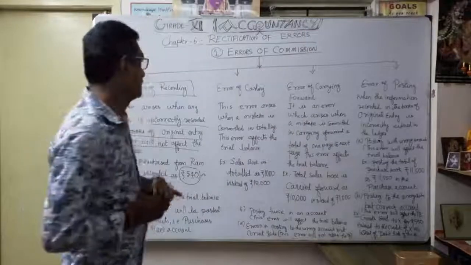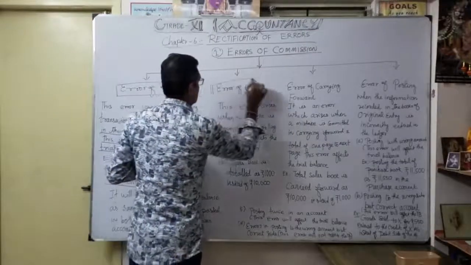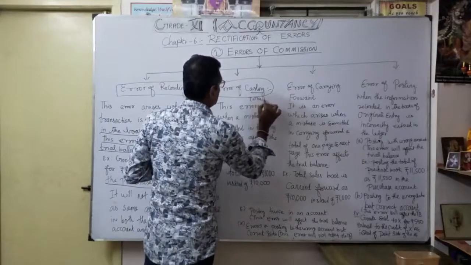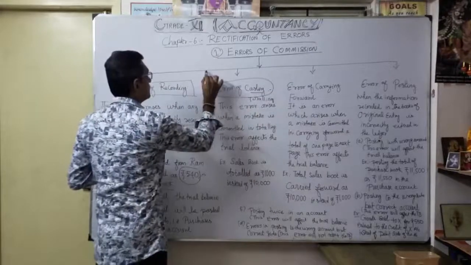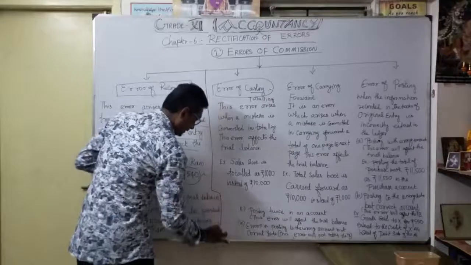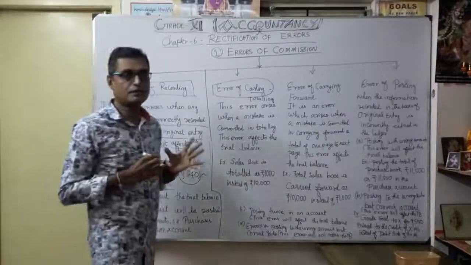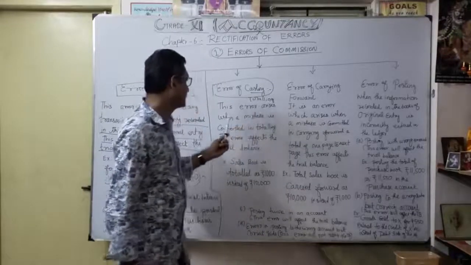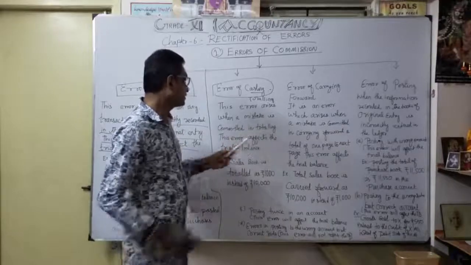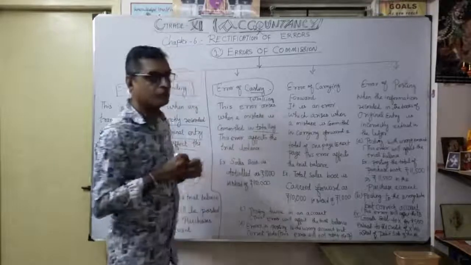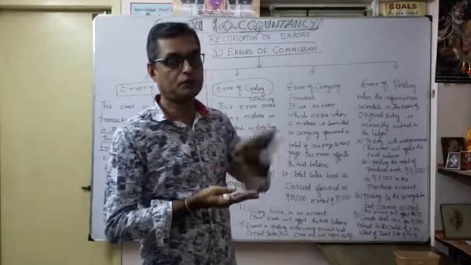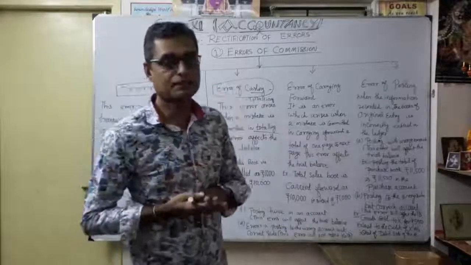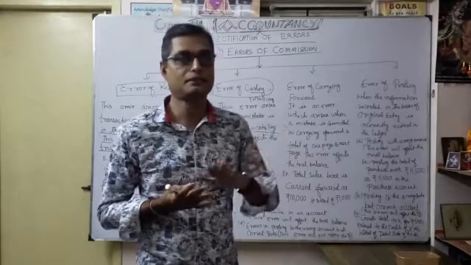Okay. Second one, error of casting. What is the meaning of error of casting? It's nothing but the summarization of the total. Error of casting is a very important one, and you should be very careful to calculate. This error arises when a mistake is committed in totaling. Whenever you have to add all the amounts, a totaling mistake usually happens. How will the totaling mistake come? When you do addition, subtraction, or arrive at the balancing, you should be very careful to add.